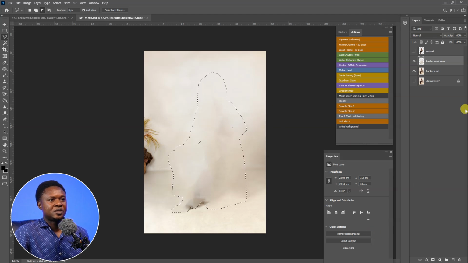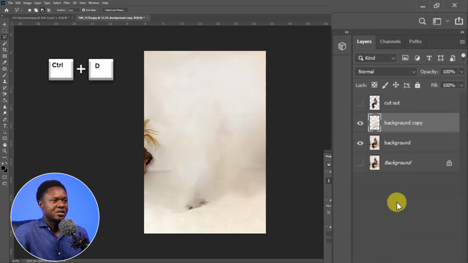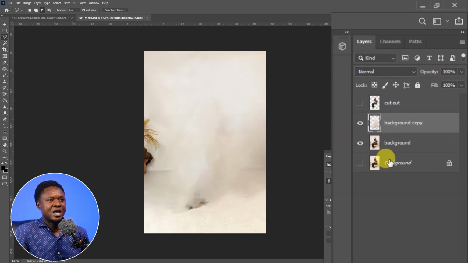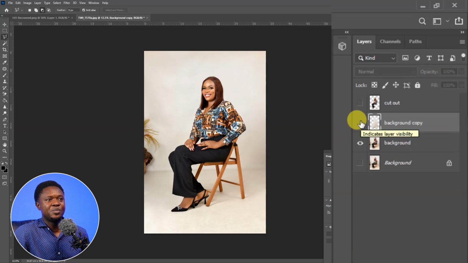So this is what we got. We have to use our Ctrl D to deselect. Then if you take a look at the layers here, you notice we have something plain white here, and at the same time we are still having the image on the background layer, and we don't want it that way. So if you disable this now, you notice the image is still there, but Photoshop is covering it with this